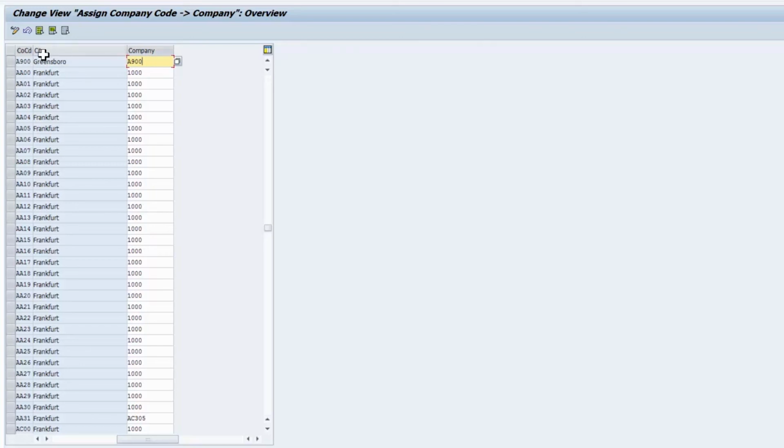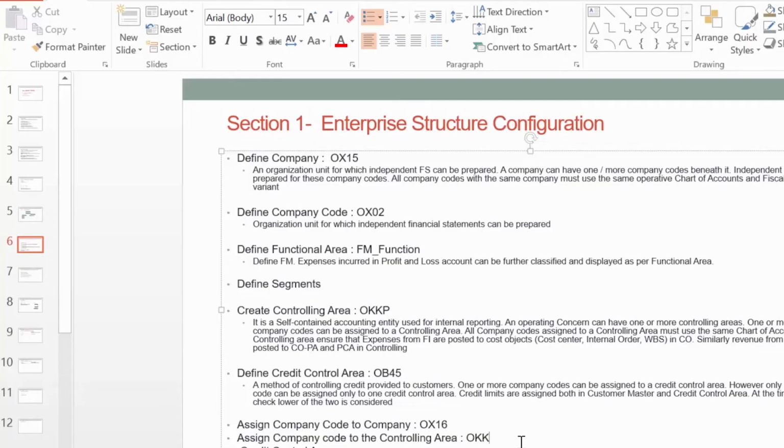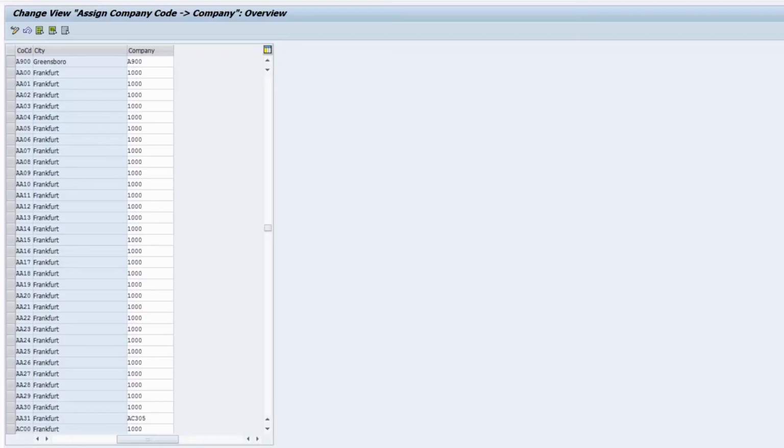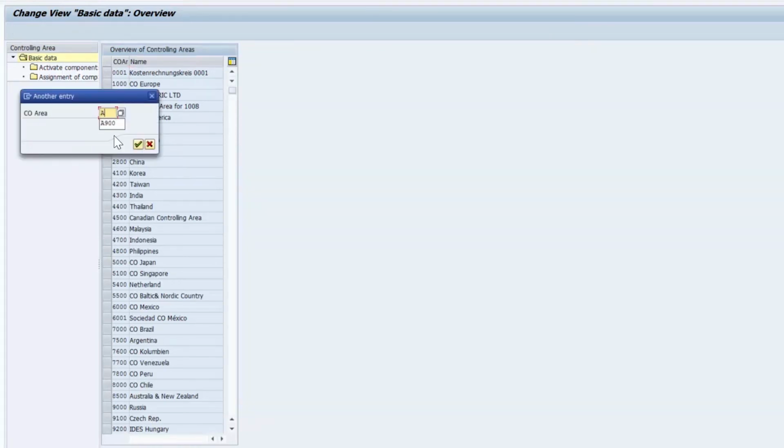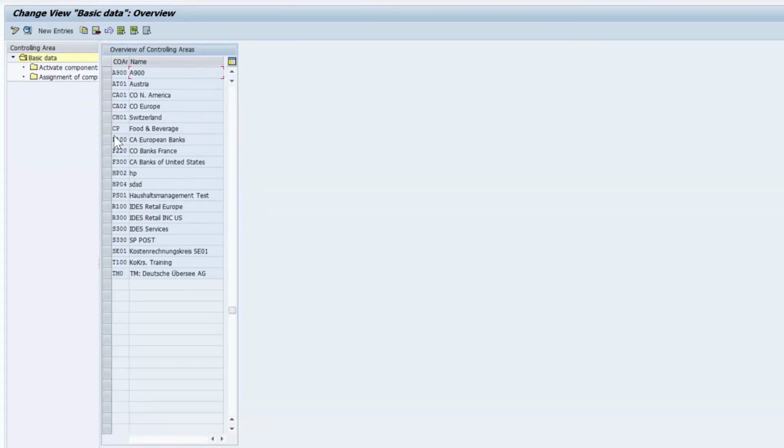Next step, assign company code A900 to the controlling area A900. Transaction code OKKP. Select our controlling area, which is A900.